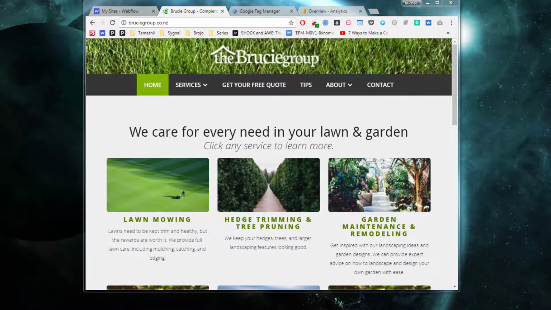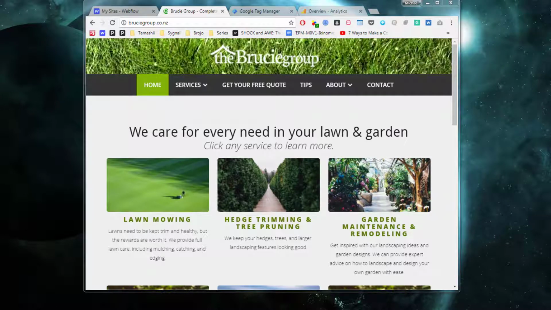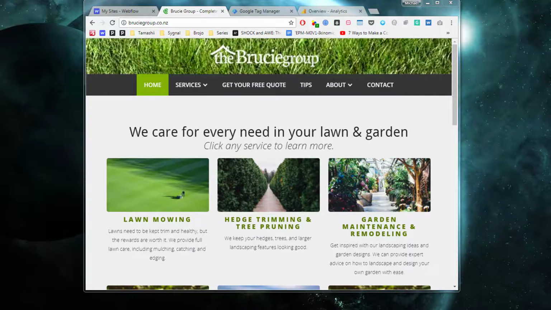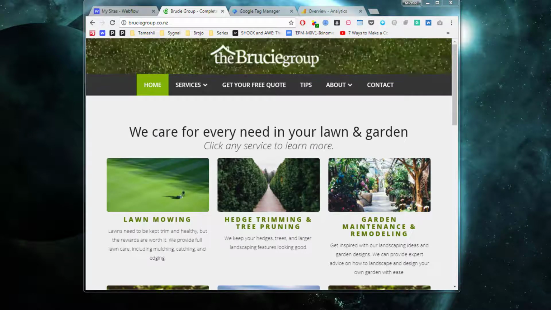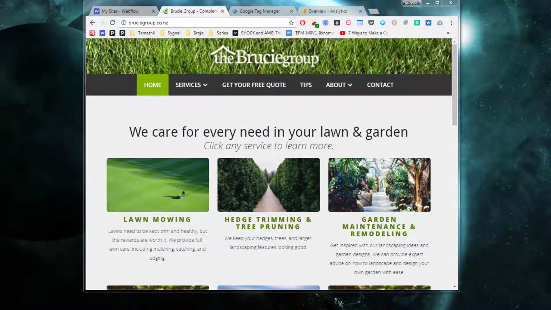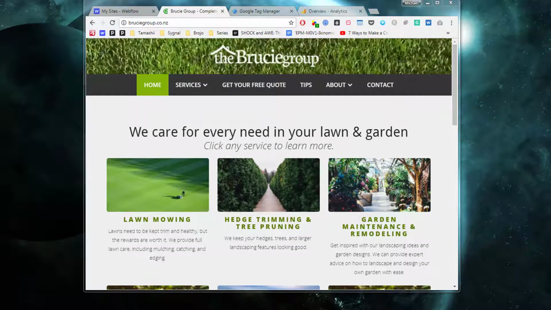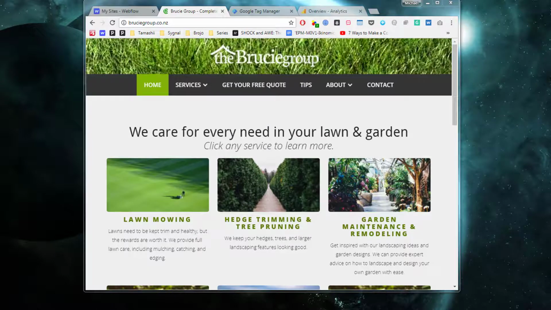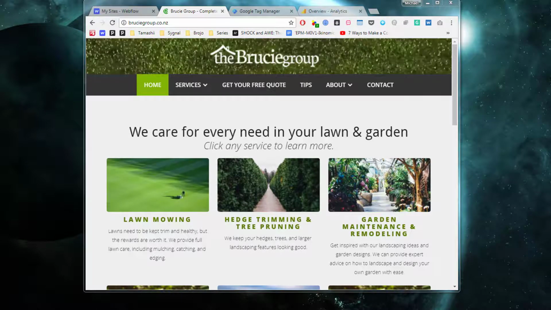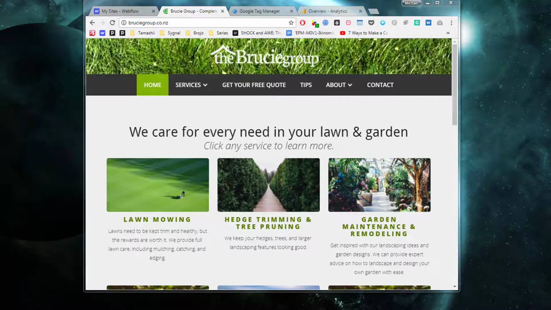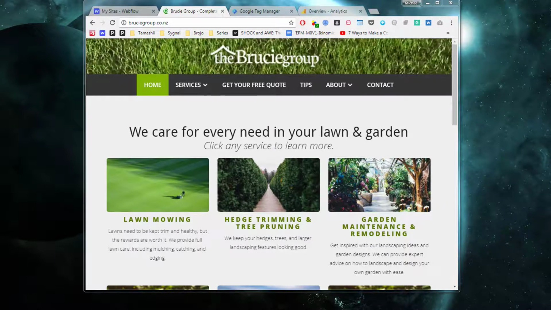So what we want to be able to do is to look at our Google Analytics report and as much as possible determine not just how many visitors we're getting to the website, but how many of them are actually performing specific actions such as submitting a lead inquiry form. This is what we really want to track, and we want to ultimately be able to tell where those successful